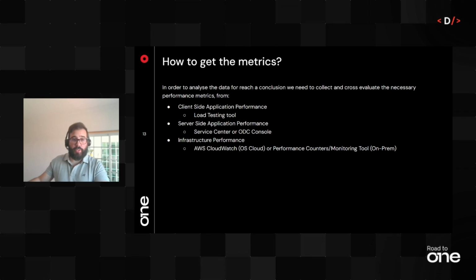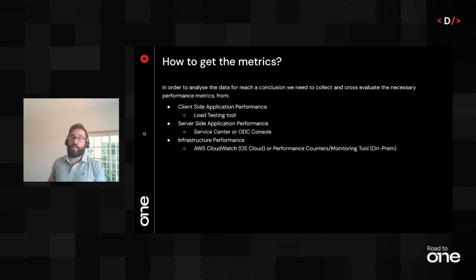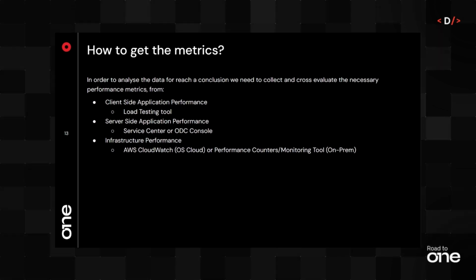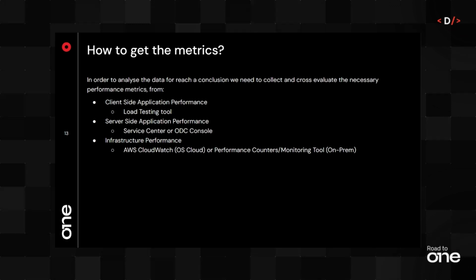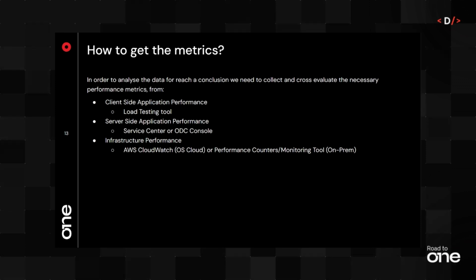To collect these metrics on a regular OutSystems environment, we collect the data from the load test tool when we want the client-side application performance data. Regarding application performance, but server-side, we collect the logs from Service Center or from the ODC console. And infrastructure related depends on the system that we have. For OutSystems Cloud, we can have access to the AWS CloudWatch of that environment, or if it is an